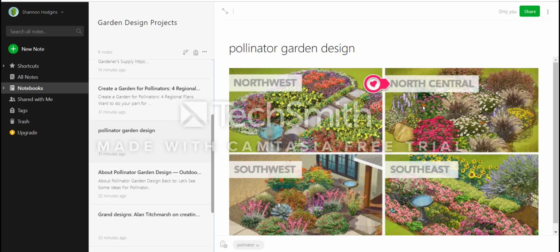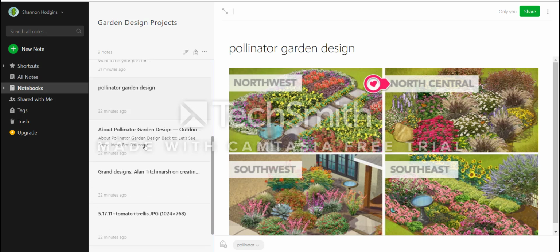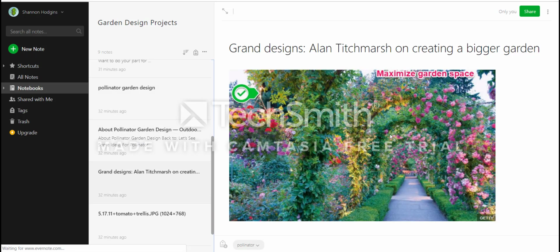some images. I've used the annotate function to point out that this is the particular part of the image that I liked most. We'll scroll down to another image where I've used the text box to note why it is that I chose to point out this picture, as well as using another shape to point out something about this picture that I liked. I also use tags on each of my notes so that I can organize them based